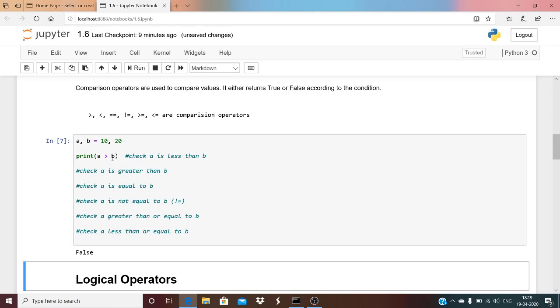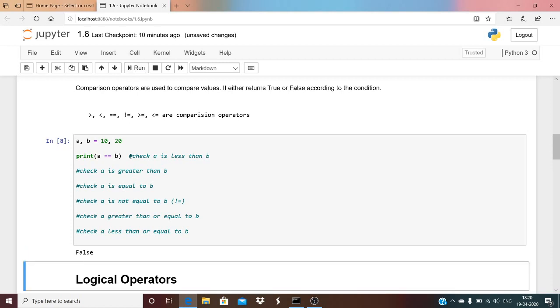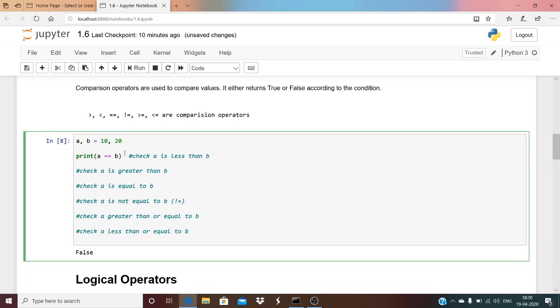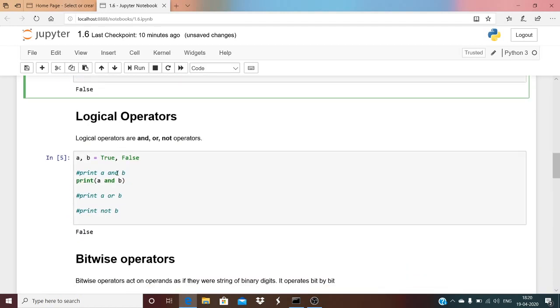Okay. Similarly, you can write a equals to b. You have to use 2 equals signs in Python, as in most of the languages, to state equals to. So is a equal to b? It means is a equal to b in English. So it is also false. Okay, so these are normal operators. You can try it here in this IPython notebook, or you can write your own code yourself. It would be better for learning.